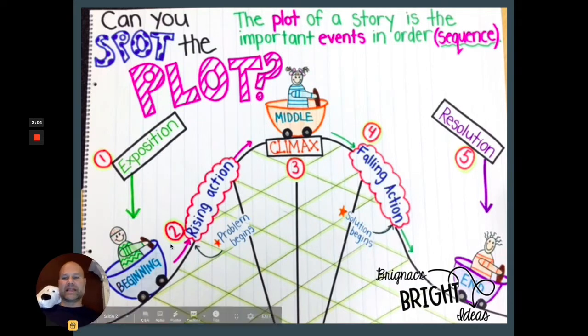Well, there's always a beginning, obviously. And in the beginning, you meet the setting and the characters, and as the story progresses, it goes up, just like this roller coaster shows. It rises in action. So things happen, and at this point, a problem either begins or is identified. So you learn about the problem. And at the beginning of Nero the Zero, you find out that he's always just felt like a nobody. Like nobody notices him at all.